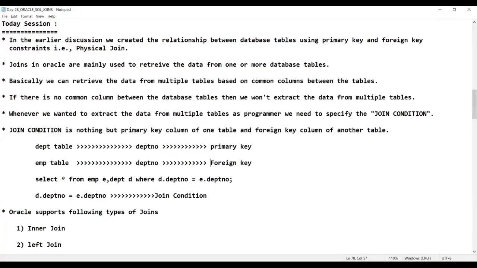If you see here, select star from employee E, department D. E and D are nothing but alias names for the employee and department tables, right? So we just specified the join condition here between the two common columns of the